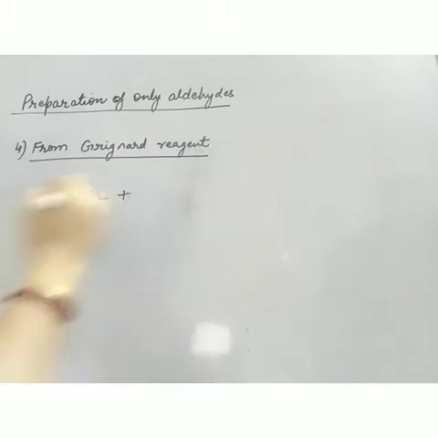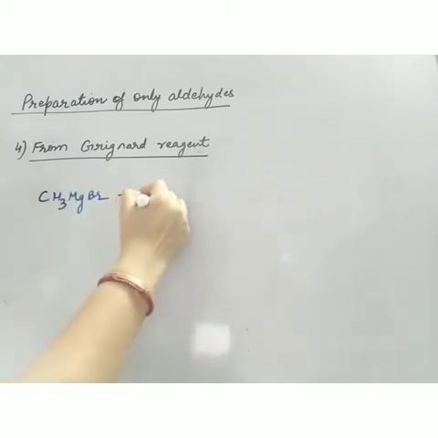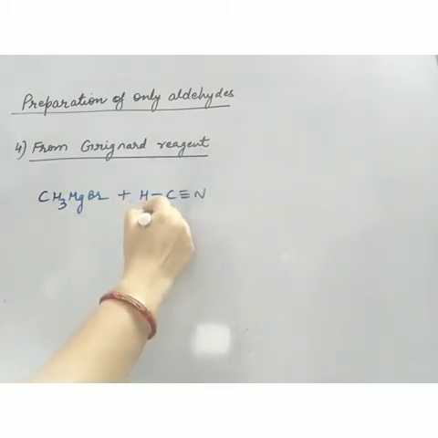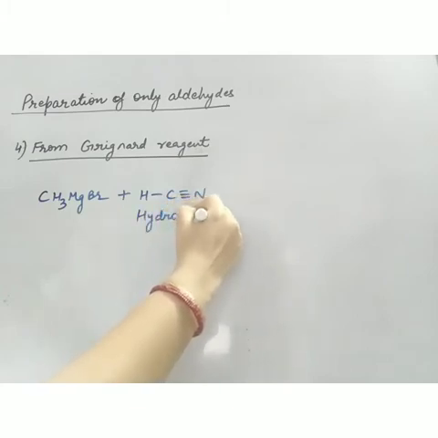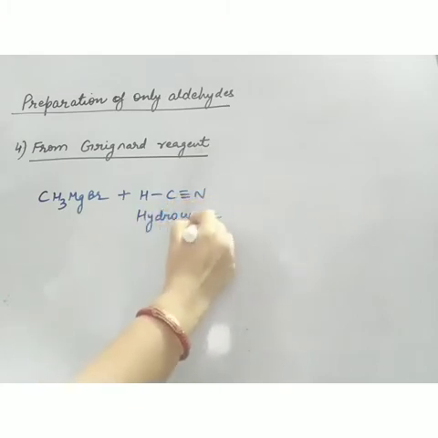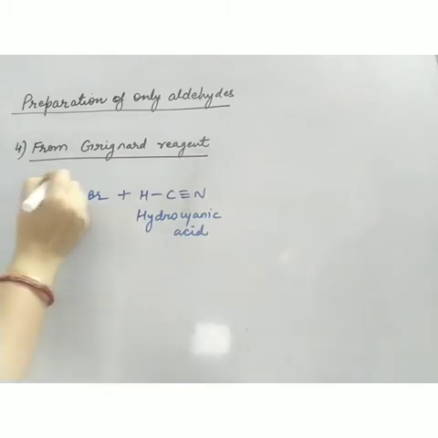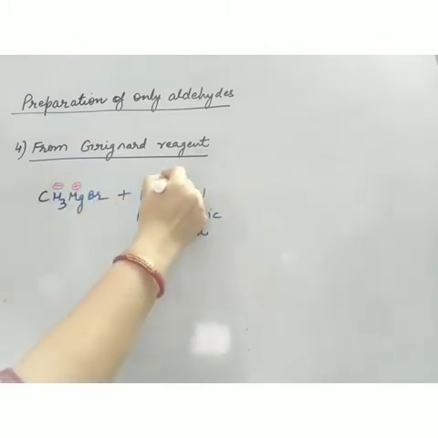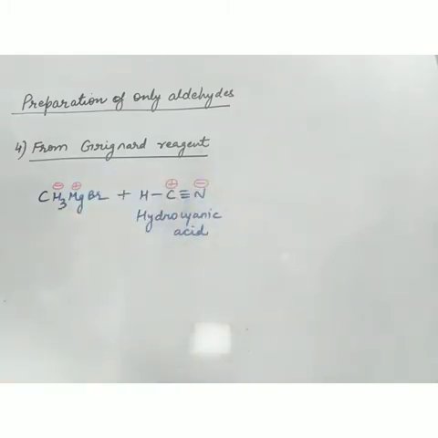Now the next compound which I have to take is this. Now this compound is known as hydrocyanic acid, or it is known as hydrogen cyanide. And you very well know that all the reactions of Grignard reagent involve addition. So this is minus, this is plus. Now here it will be plus and it will be minus. So there is simple addition of plus minus and minus plus.